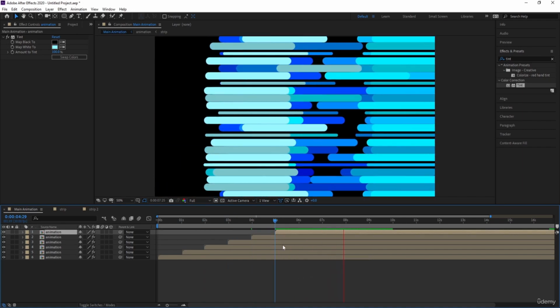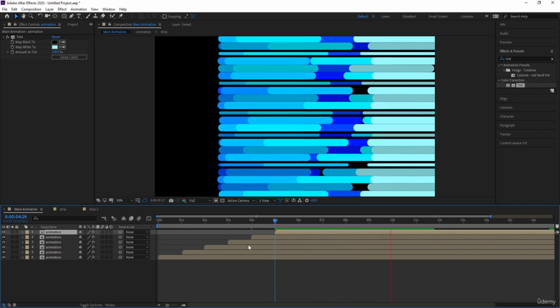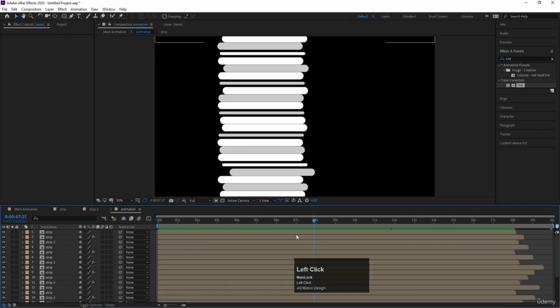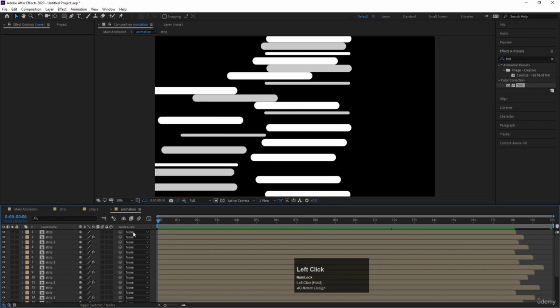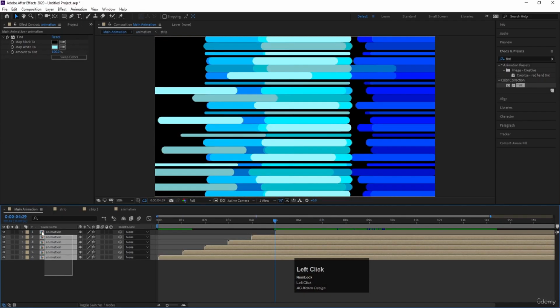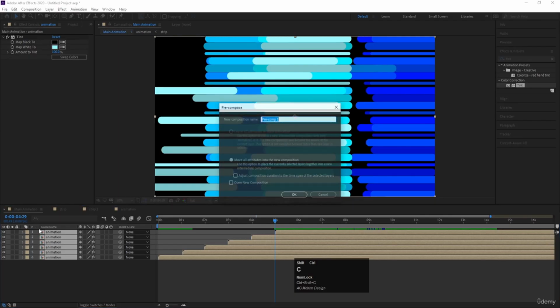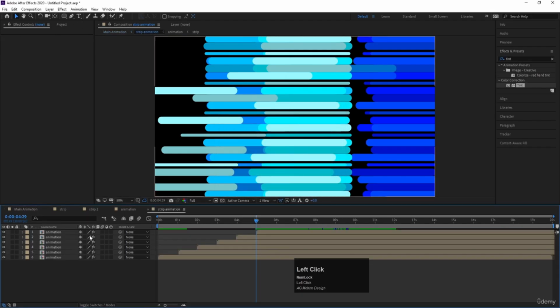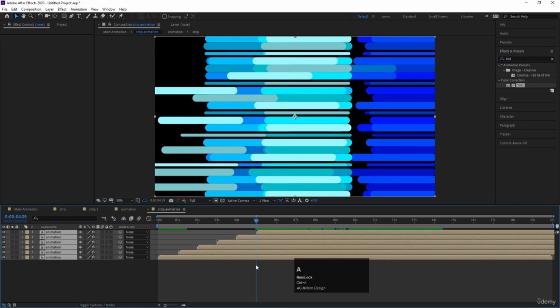Okay, like this. Then we can go inside the strip. Yeah, this looks good. Then select all of them and press Ctrl Shift C, and we will call it strip animation and hit OK. Go inside this, select all of them and hold Alt open bracket to trim this, and let's